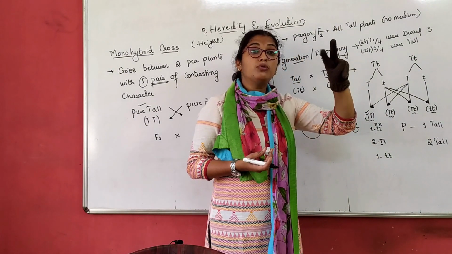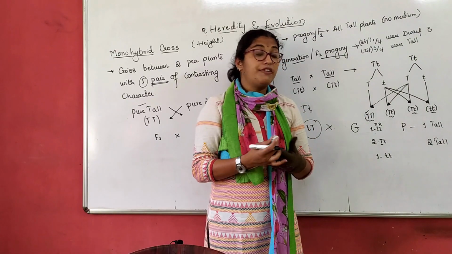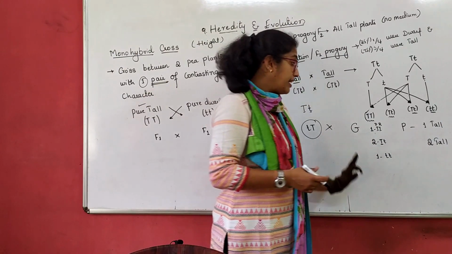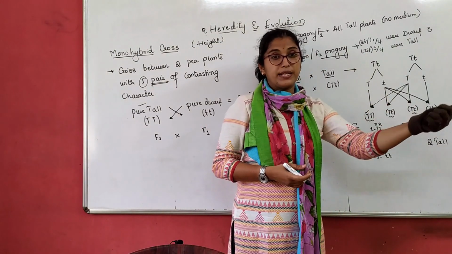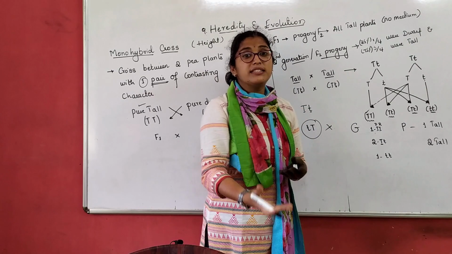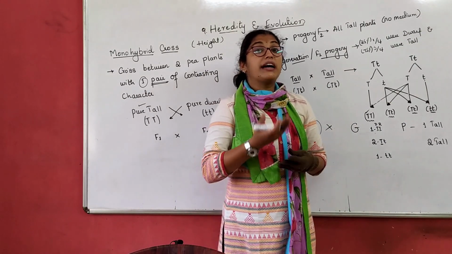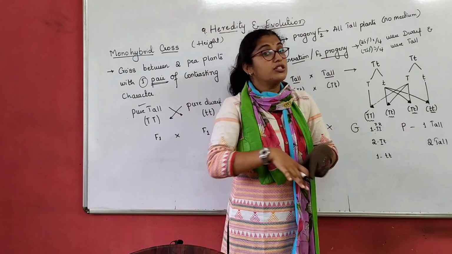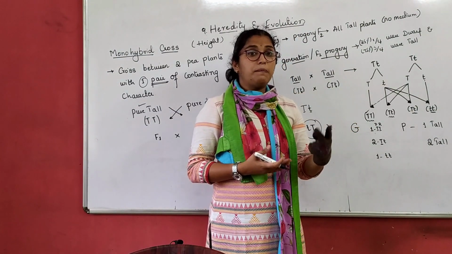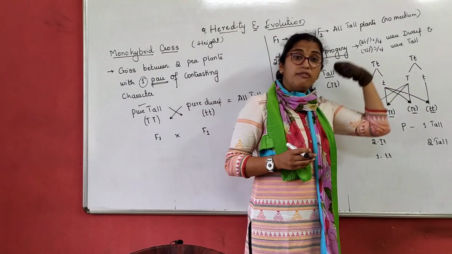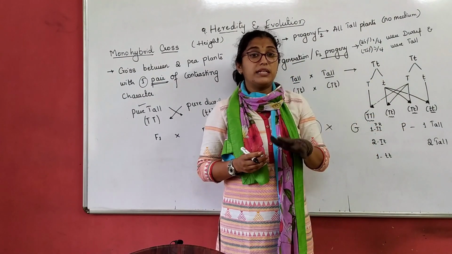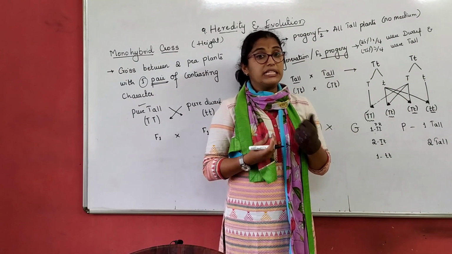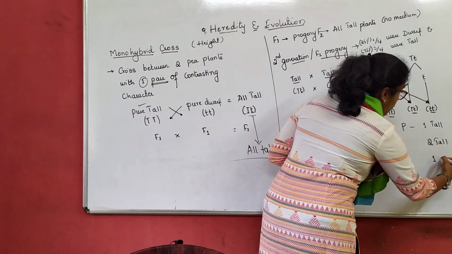Similarly here, there are two dwarf alleles. In two dwarf alleles, we again have one dominant and one recessive, right? That means one dwarf allele is expressed. I can also say one dwarf allele is suppressed, but either of that. If both the dwarf alleles were expressed, he would be shorter than shorter, which is not possible. So always they appear in pair in which one allele is always expressed and another is suppressed. Which is expressed is known as dominant and which is suppressed is known as recessive. That means you have one dwarf.